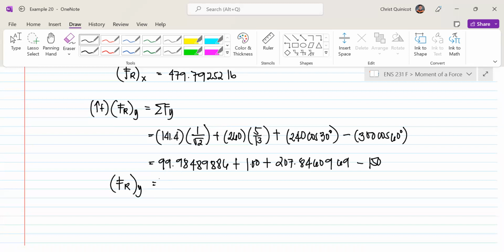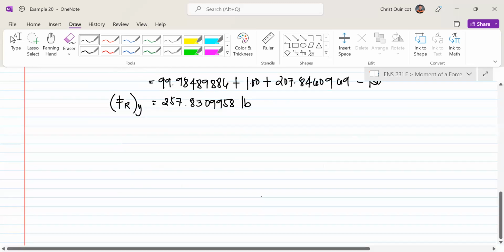99.98489886 plus 100 plus 207.8460969 minus 150, and that is 257.8309958 pounds. So for our magnitude